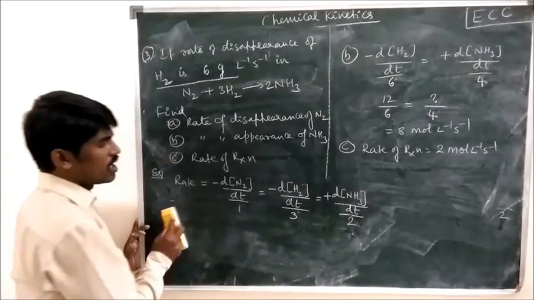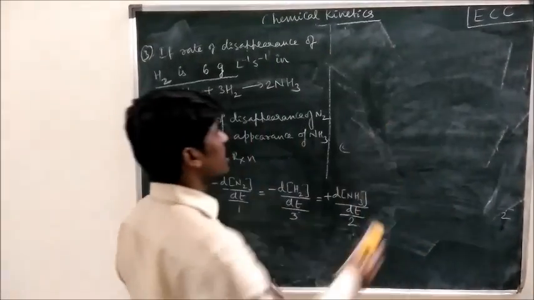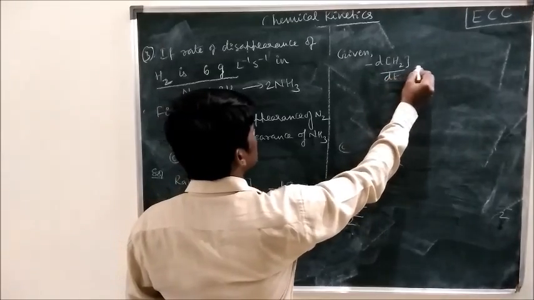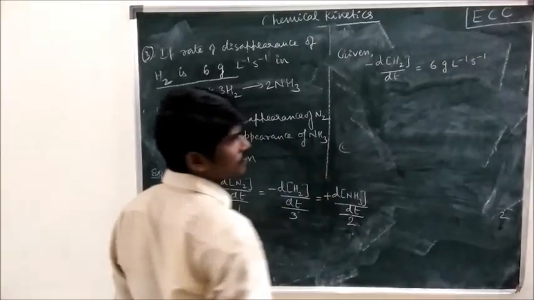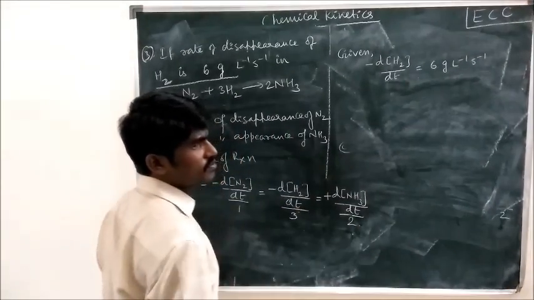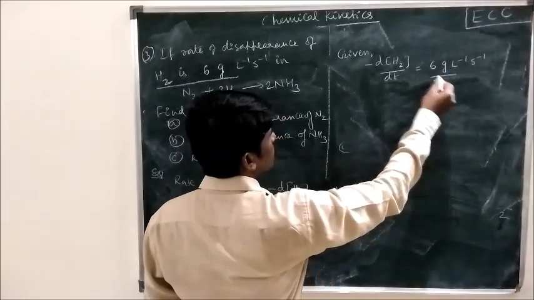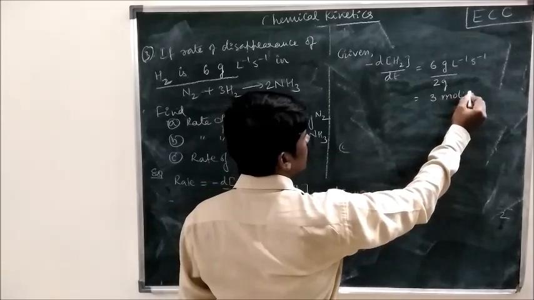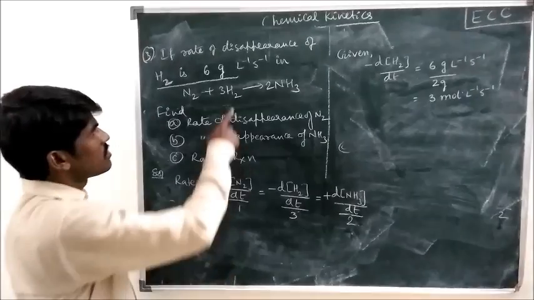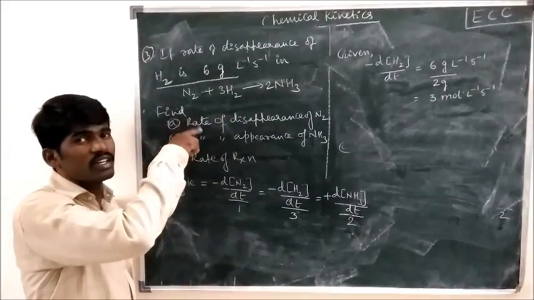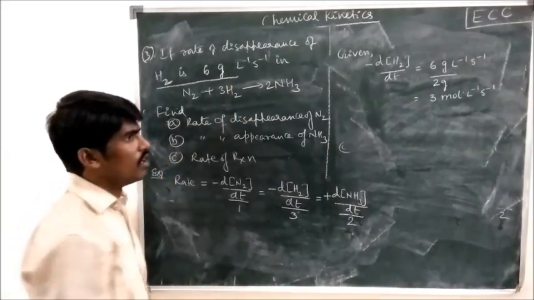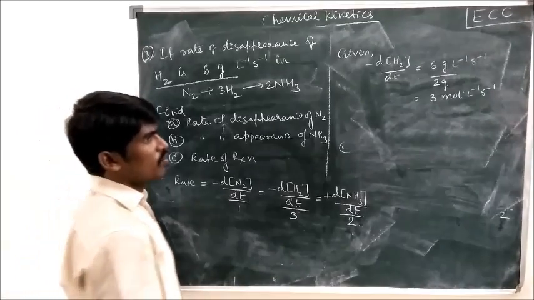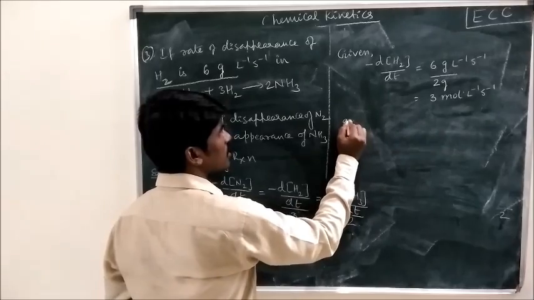So before doing this, whatever the given data is, what is the given data to you? d[H2]/dt is equal to 6 gram liter inverse second inverse. You have to convert this into moles. Mass is given, so divide with the molar mass. The molar mass of hydrogen is 2 grams per mole. Then what will you get? It will be converted into moles. You will get 3 mole liter inverse second inverse. It is a previous year JEE question. In JEE, in a previous year, this question was given with the same data, and they asked the rate of reaction. Now we have converted grams into moles first, then only you have to proceed. You are not supposed to solve with gram liter inverse second inverse. Once you have converted into 3 mole liter inverse second inverse, then part A